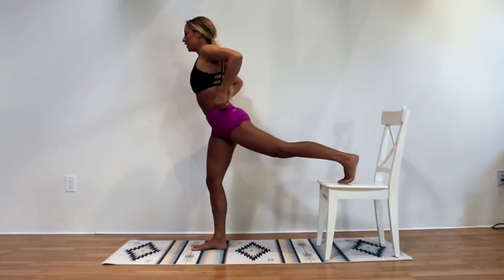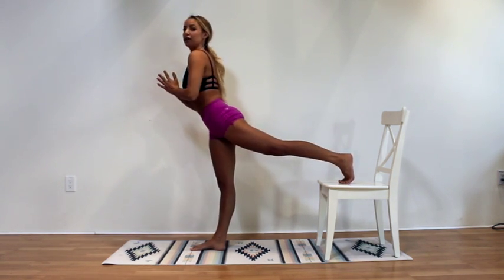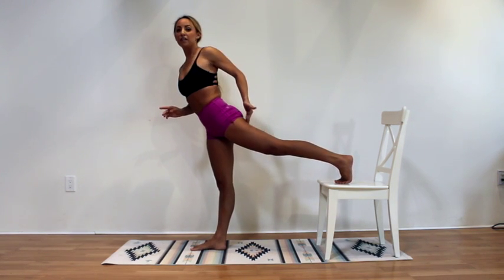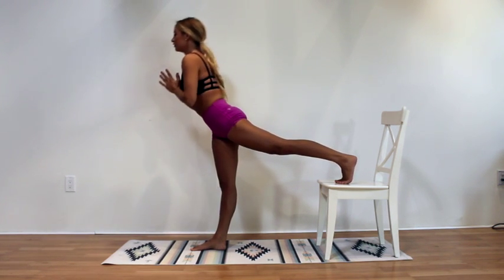Making sure that that right heel is underneath your right hip and not behind or not too far forward. So here we go, making a nice long line. Remember, the inner thigh is rotating up, the outer thigh is rotating down. So here we go for 20